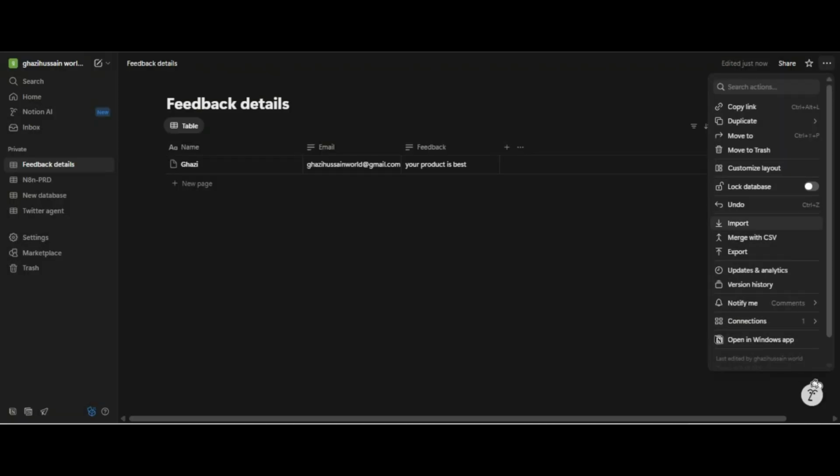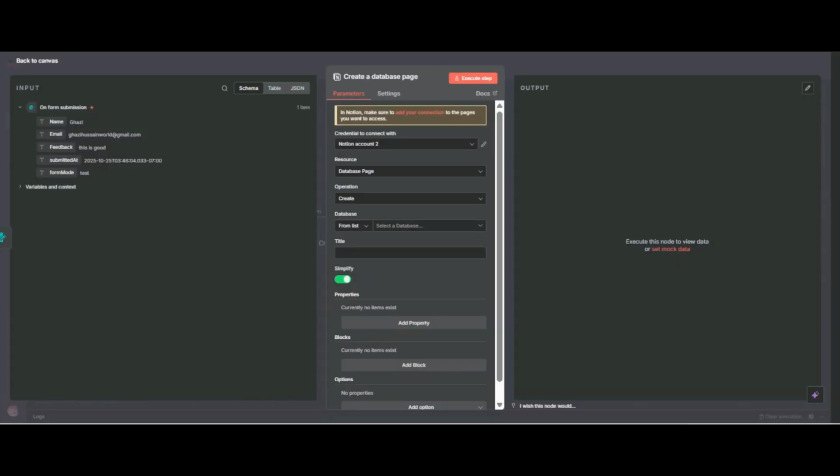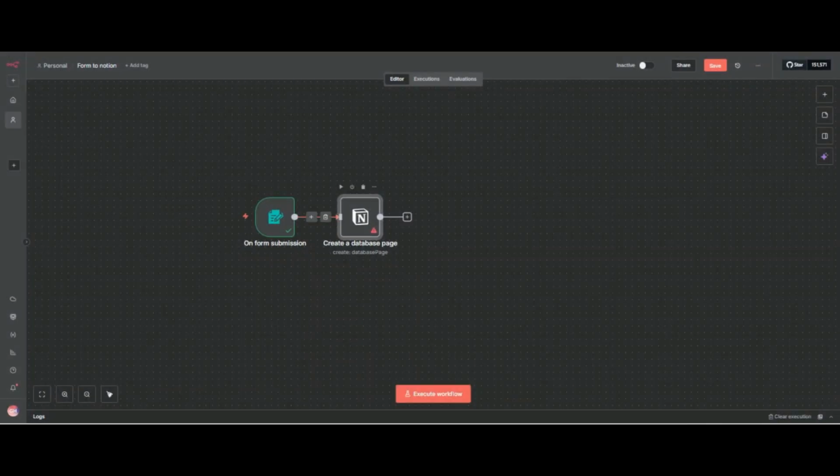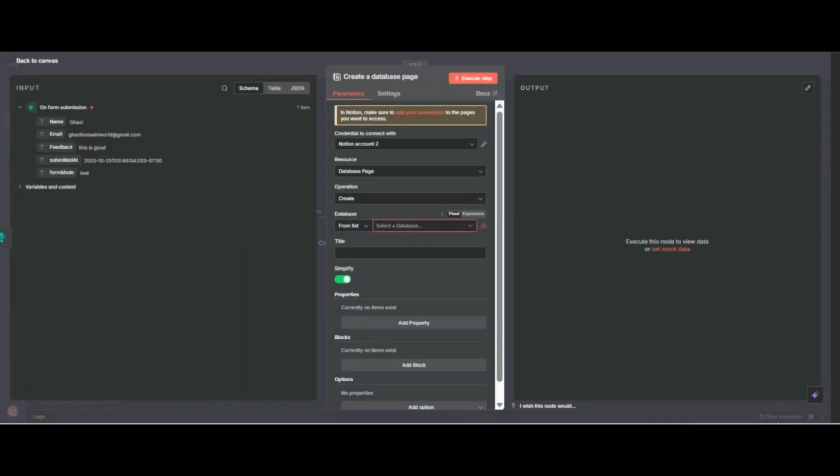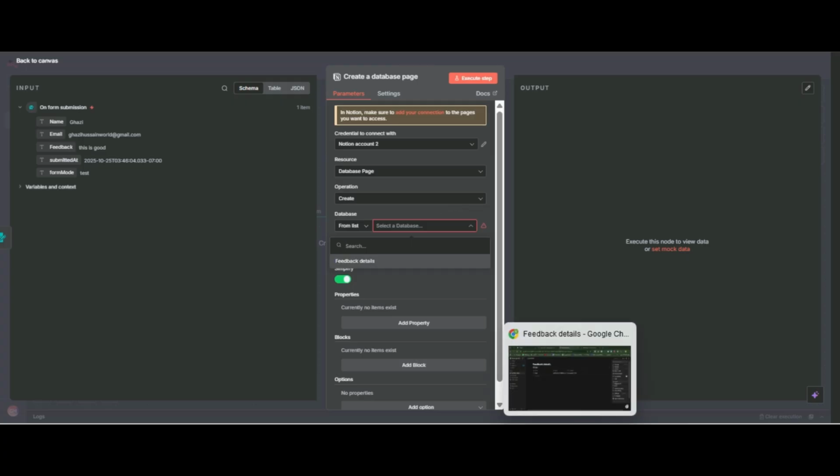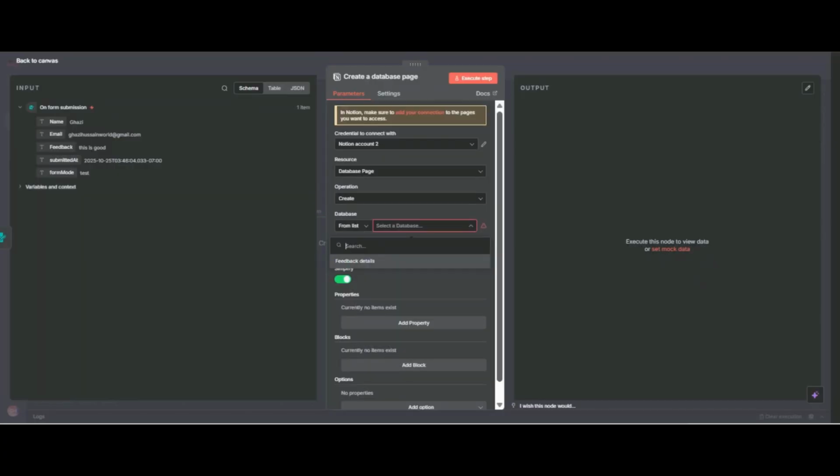So now we have connected our database, so I will refresh it, and now you can see my page name is feedback details, and also the database page name is feedback details. So we have connected our Notion page.